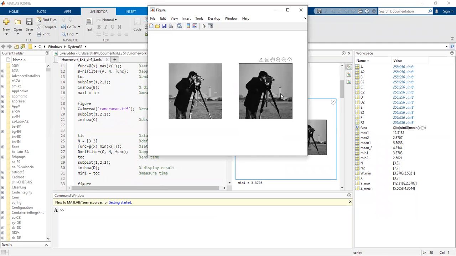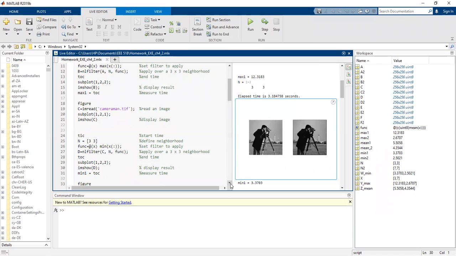You can see that using the minimum reduces the pixel level in the image, and the image gets darker than before